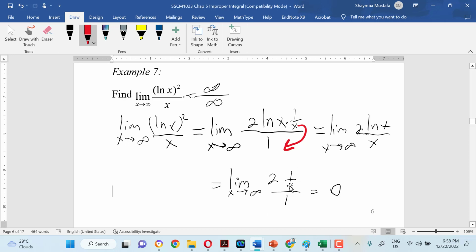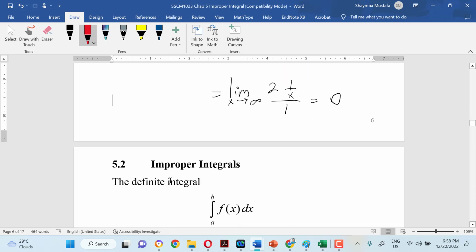Any number over infinity is 0. 0 over 1, which is 0. So the limit is equal to 0. Okay, now here